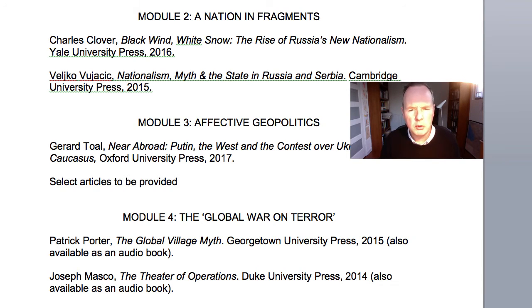analysis. Then we're going to move on to what I'm calling affective geopolitics, and we're going to use my own text, which has just come out in my own book here, as the anchoring text, and then I'm going to provide a series of articles for you to look at the case of Russia today and the Russian state, and how it's seeking to manage its relations with its neighbors, particularly Georgia and also Ukraine, and the position of those that the Russian nation, the Russian state, Putin, and the government in Russia seeks to or feels it needs to protect in these territories, and the geopolitics thereof.